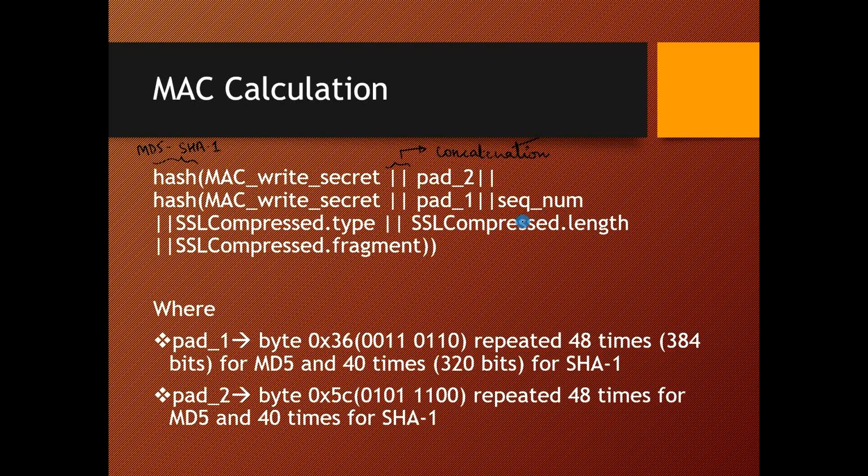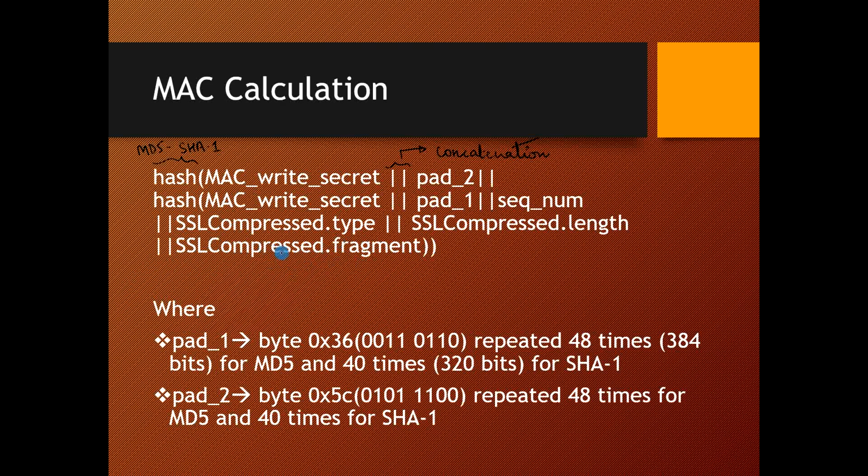SSL compress.type is the higher level protocol which is used to process the fragment. SSL compressed.length stands for the length of the compressed fragment, and SSL compressed.fragment stands for the compressed fragment. If compression is not used, then this will be the plain text fragment.